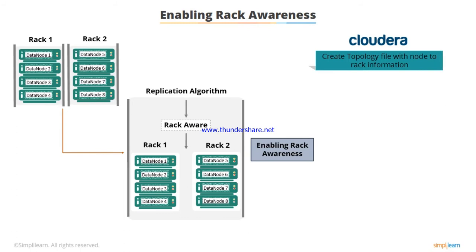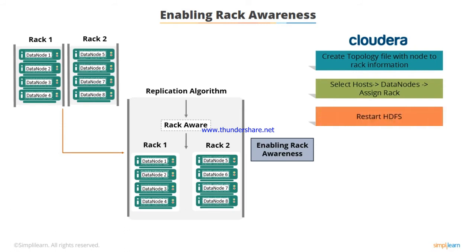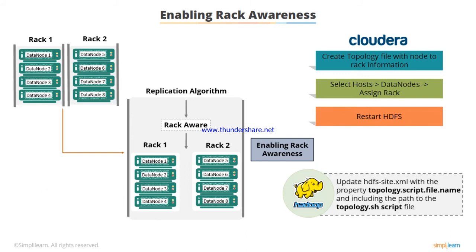First, create a topology file that contains information about which racks nodes belong to. Select Hosts, Data Nodes, and then select Assign Rack. Restart the HDFS service. In Apache Hadoop, you can enable rack awareness by updating the